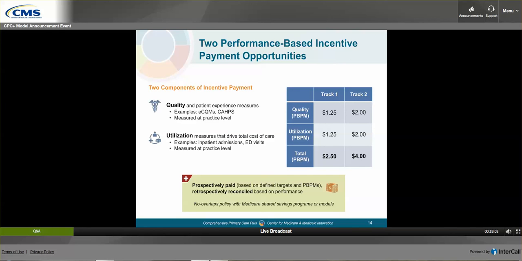As a result of this similar incentive structure, we do not allow for primary care practices to be in a shared savings model like an ACO. Again, partner payer alignment on this element does not mean that they must offer an identical design, but that they too must employ a payment design that focuses practices on quality, utilization, and/or total cost of care.